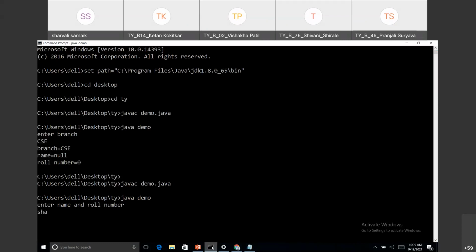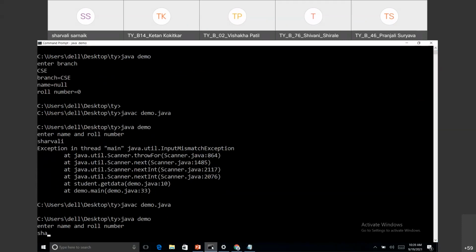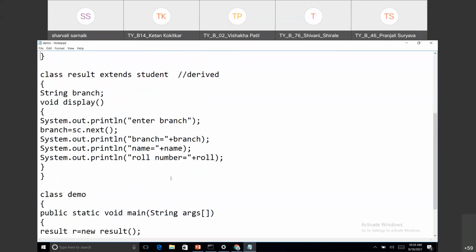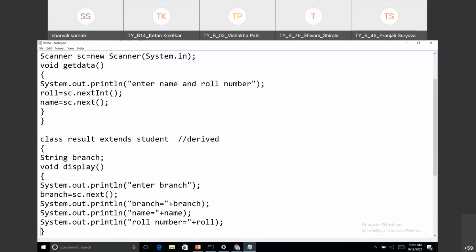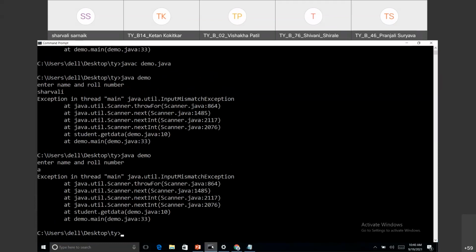It is asking enter name and roll number. Okay, wait.